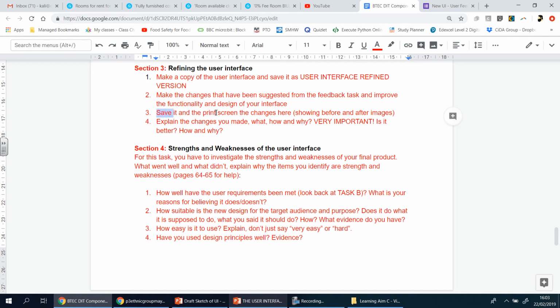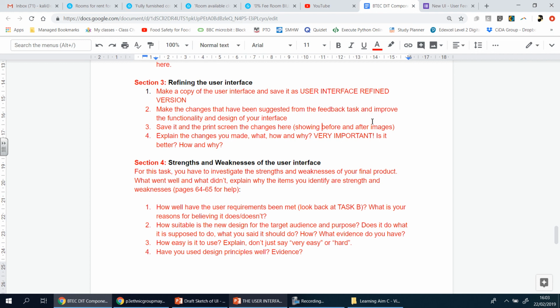You're going to save it and print screen each one, showing the changes here. Showing before and after images. Now you can show it side by side. So you can have a print screen on the left and a print screen on the right. The left could be what that page used to look like, and then the right one could be the page after. And then you're going to explain after each box what were the changes that you made,